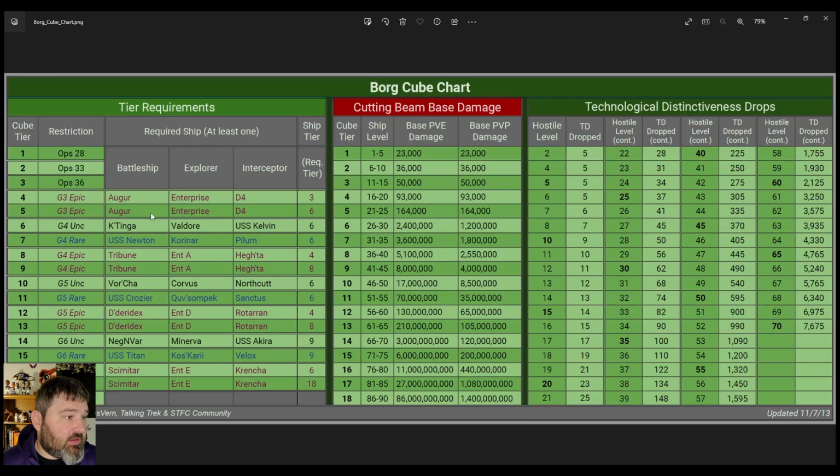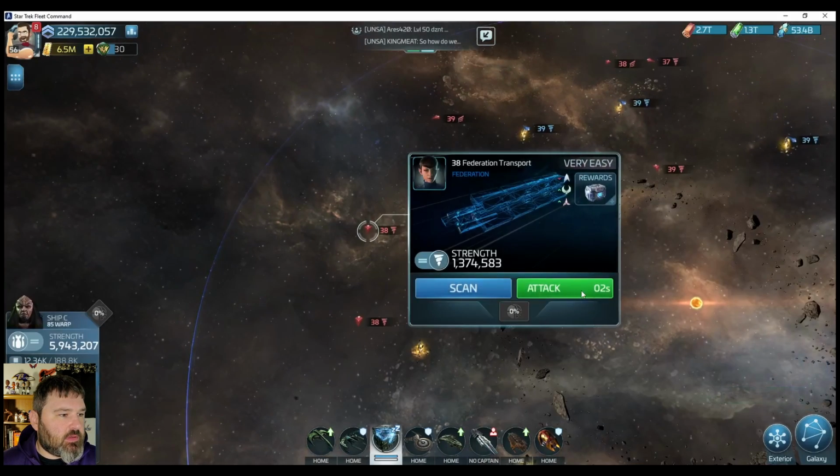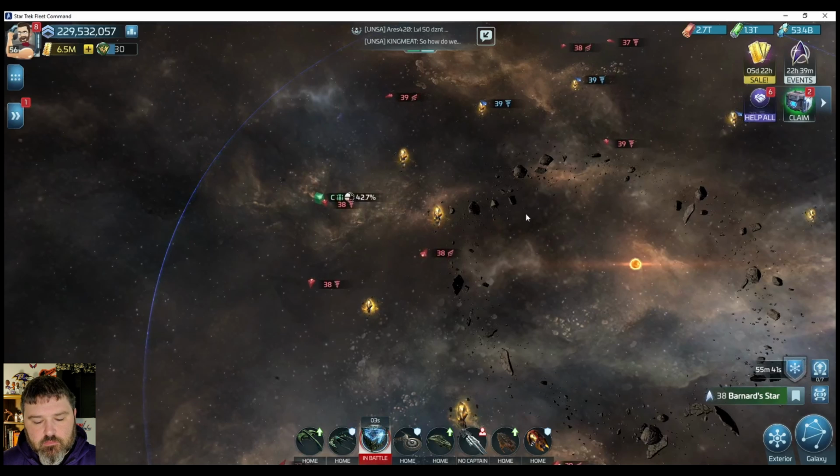Because, as you can see here, what tier am I? Tier 4. It's only 93,000. Okay, I mean, yeah, it's enough. I'll get the job done. But